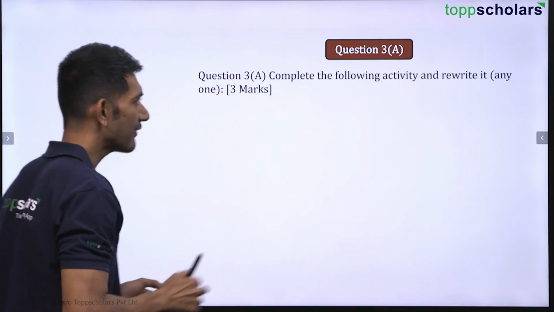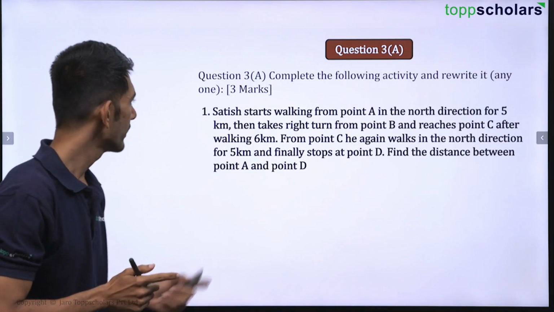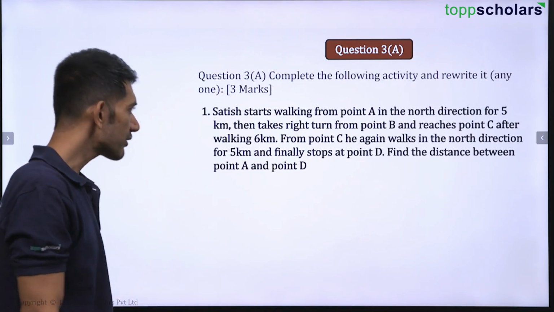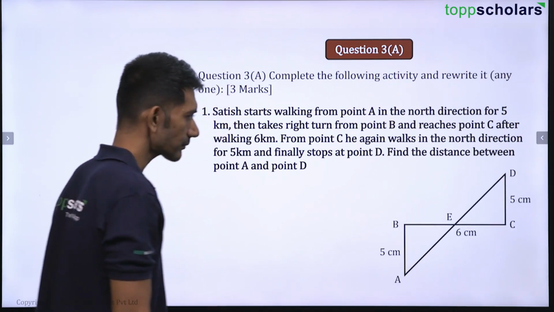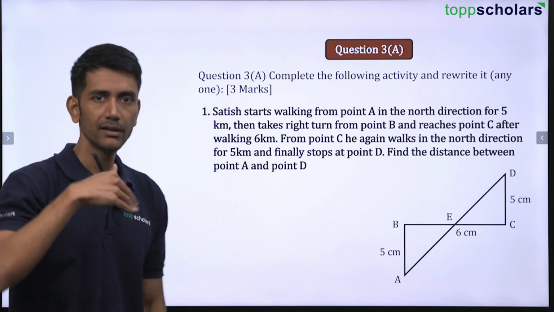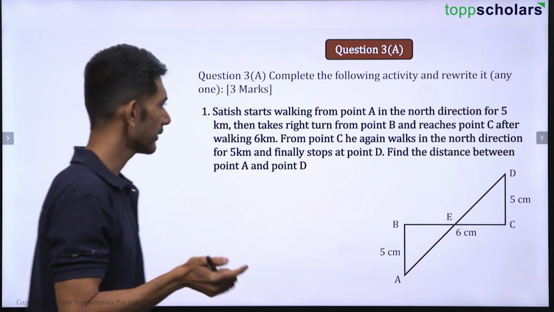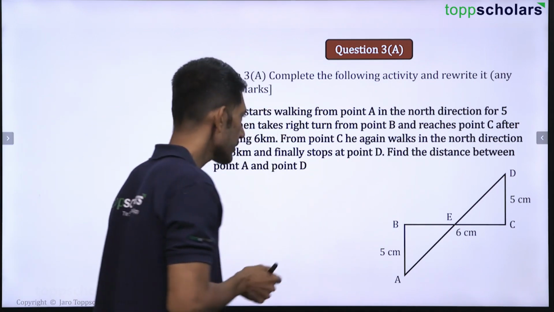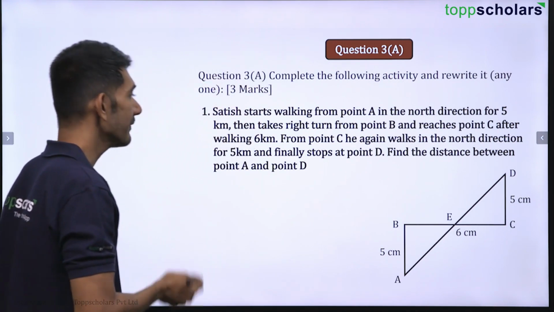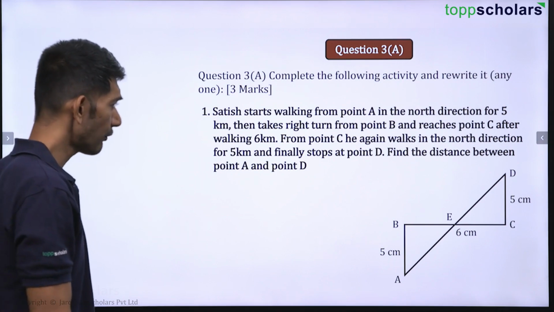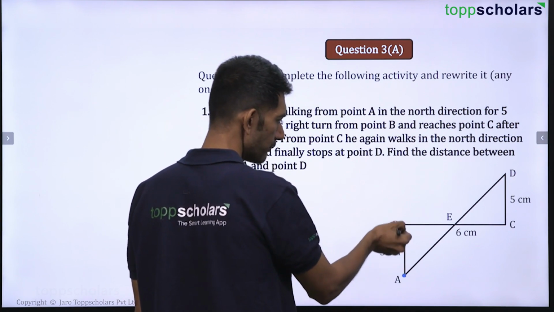In question number 3a, you'll have 2 questions, and from those 2 questions, you are supposed to attempt 1 question, okay? So it says, Satish starts walking from point A in north for 5 kilometer. Okay, north is above, right? Like if you imagine India also, so north is towards Kashmir. So yes, Satish starts walking from point A in the north direction for 5 kilometers. So he's starting from here. He moves to north